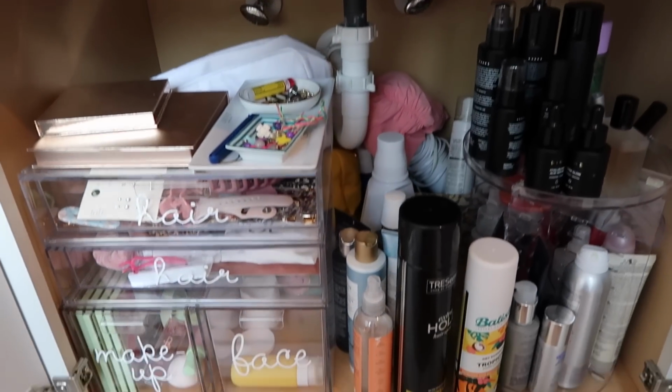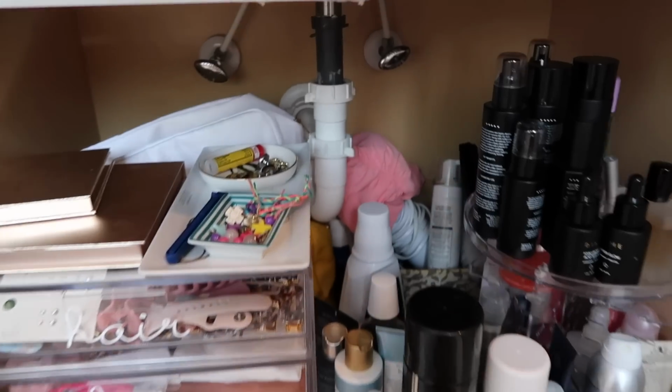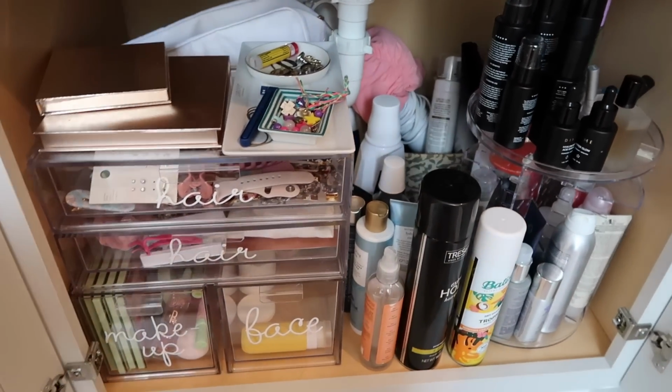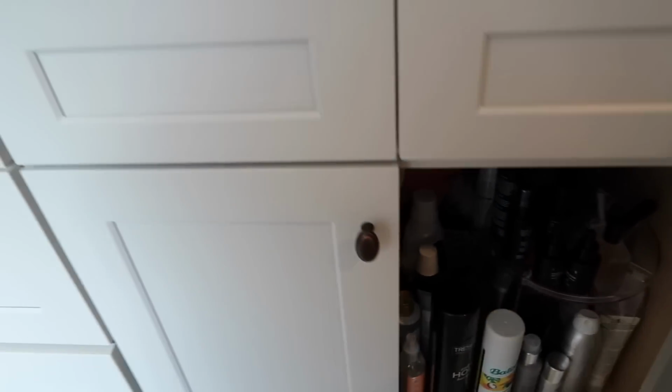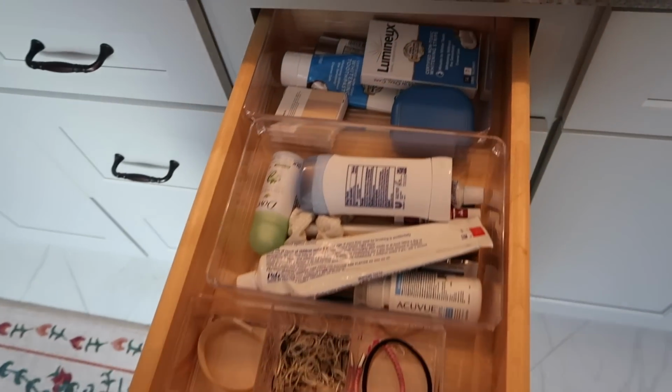So it's not too bad, or it doesn't appear to be too bad, but I have so much stuff in here, and half the stuff here in the back I can't even get to. It's just kind of piled up. I know that there's so much in here that I don't even use, so I am ready to just go through, literally put my hands on every single item and decide whether I'm going to keep it, toss it, or